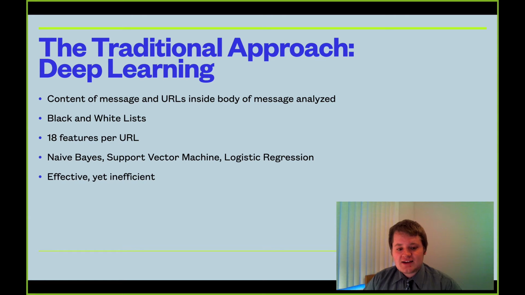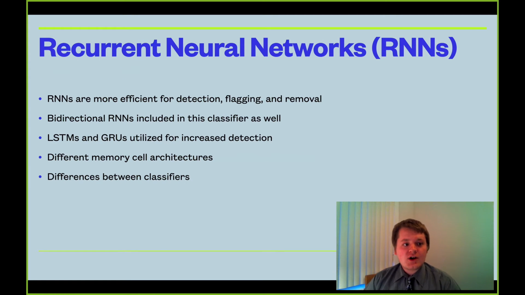However, these tactics often require significant manual effort to be performed on a continual basis, which makes this method not as easy or efficient to use as the other models. In an institutional filtering system, administrators would have to flag new messages as phishing in order for them to be added into this algorithm. Recurrent neural networks, or RNNs, can be utilized to create a more effective and efficient model to detect, flag, and if necessary, remove phishing emails from user inboxes.